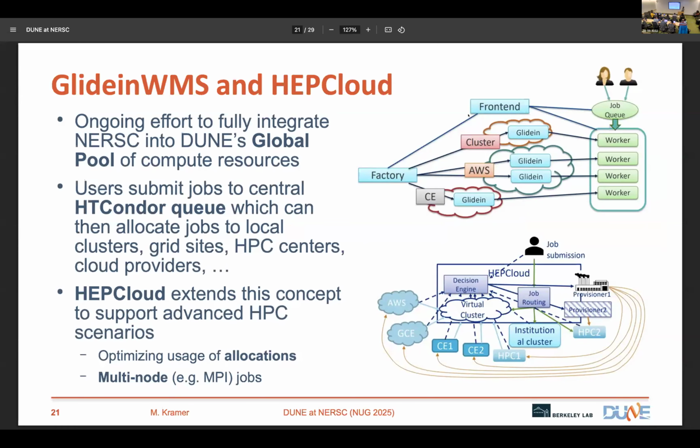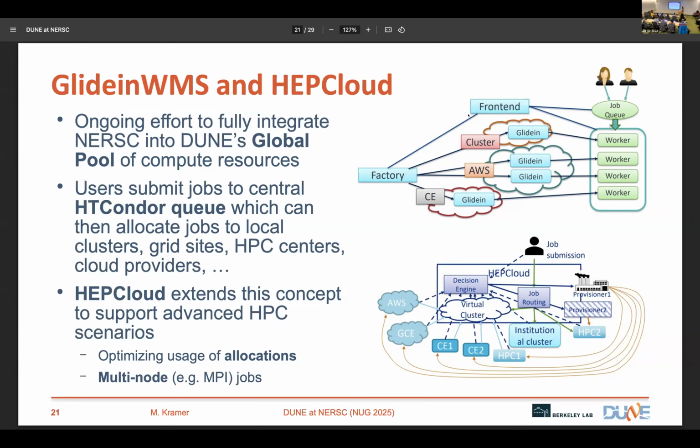As I mentioned, we are transitioning toward integration with DUNE's centralized production system. To provide some context, what DUNE provides to its collaborators is an aggregated global pool of compute resources. It's a giant HTCondor cluster, essentially. So you submit your jobs, and these are usually simple, like one file, single processor jobs, to an HTCondor queue, and then it can send those to grid sites, it can send those to HPC centers, cloud providers, and so on. And the idea is that DUNE collaborators don't have to learn 40 different job submission systems to access machines at 40 different facilities. They can just learn one system.